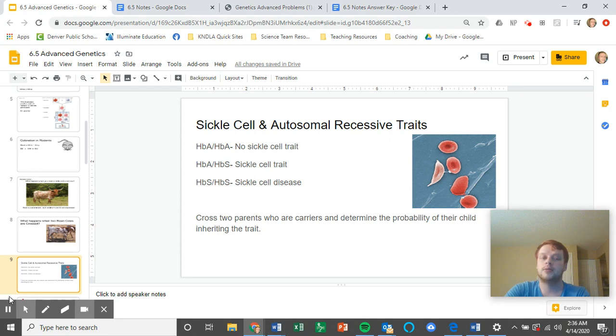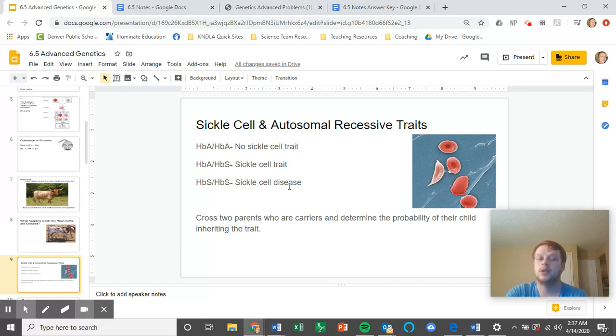So anytime that a trait says it is autosomal recessive, which you see right here, what that means is you have to have two lowercase copies. In this case, we're using capitals, but two of those recessive copies in order for a person to have the trait. If someone has one of each, like the dominant and recessive, then they are a carrier for the trait,